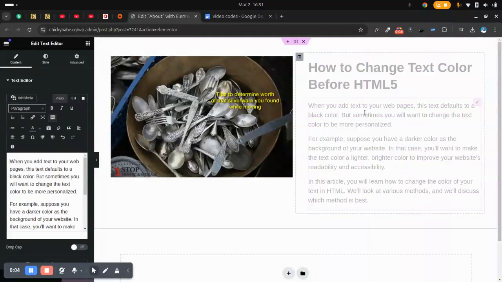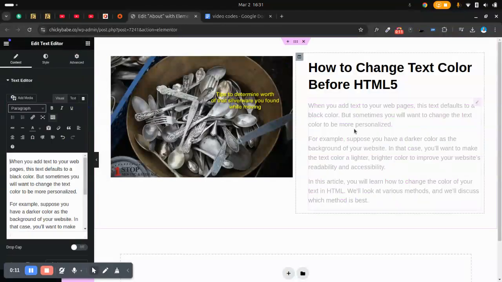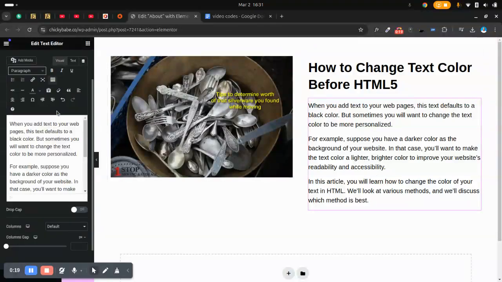You have written your text like this using the text editor widget. So now you need to change some of the words here to a different color. Very simple. What you do,